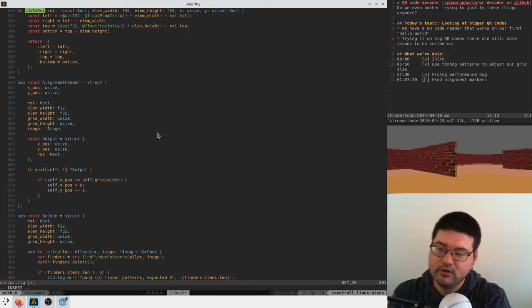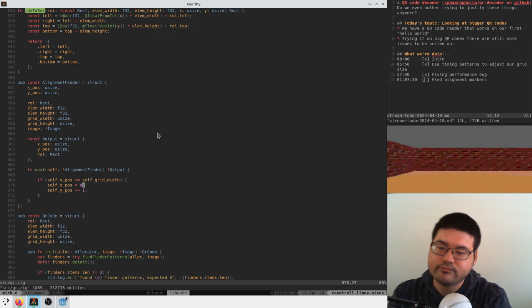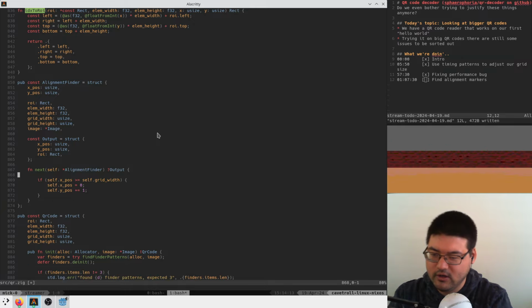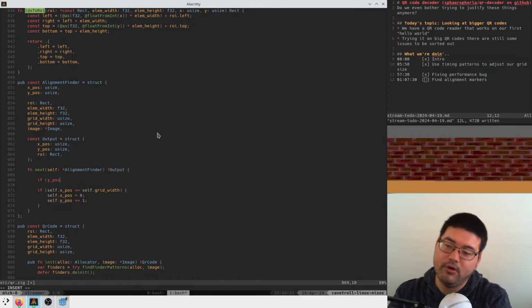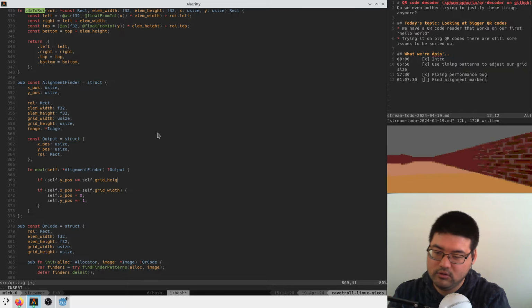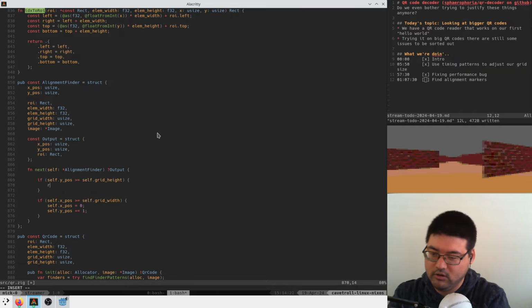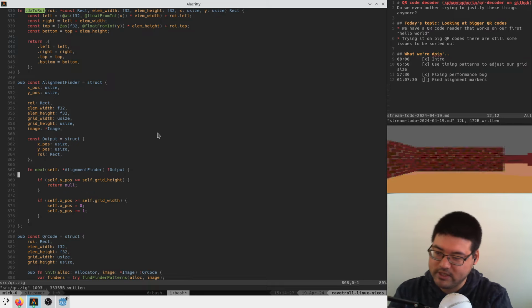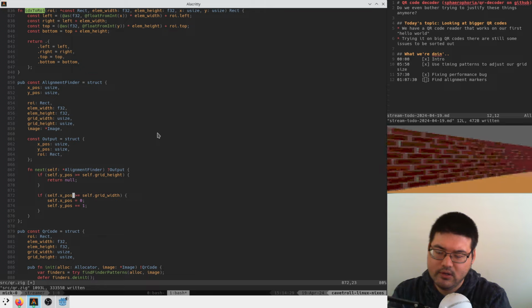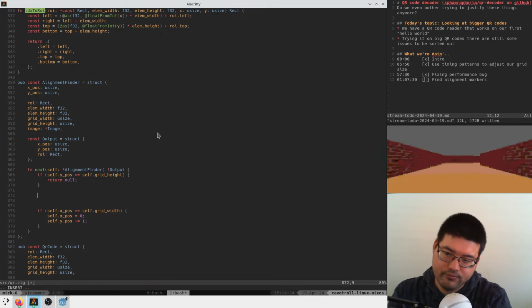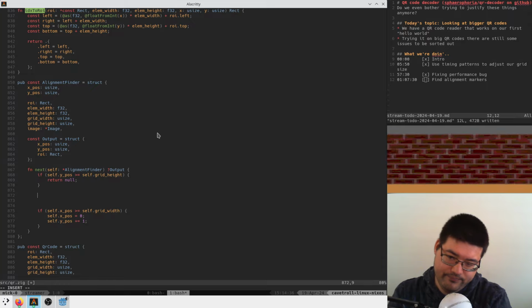Of course. And then here we say if self Y, I guess we don't do anything about Y position here. At the beginning, we say if Y position is greater than or equal to the grid height, we return early. Say we are done, no more iteration to do, please. And then here's where the actual work kicks in. So we're going to look at the